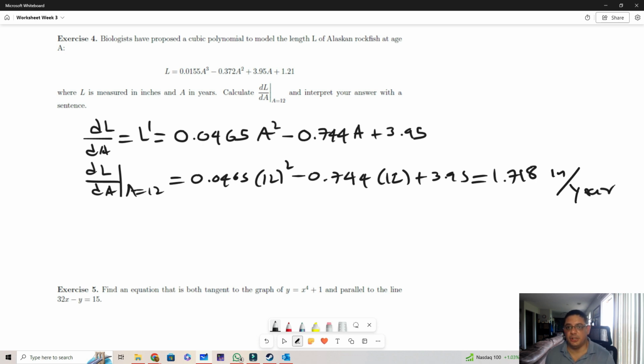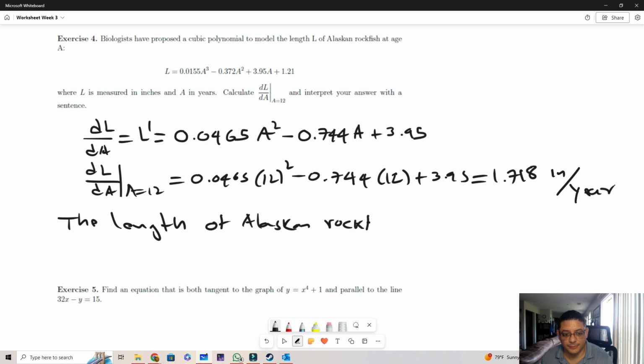And so the interpretation of this is the length of an Alaskan rockfish is increasing, and it's increasing because it's positive. If the rate of change, which is the derivative, is positive, it's increasing by 1.718 inches per year